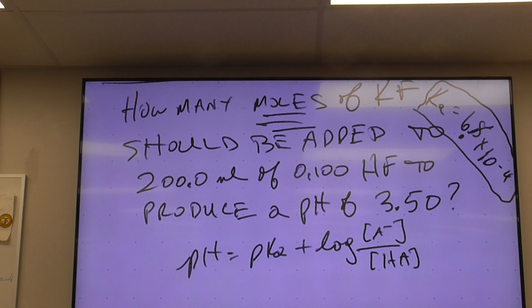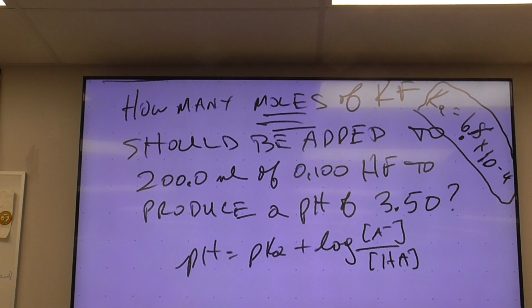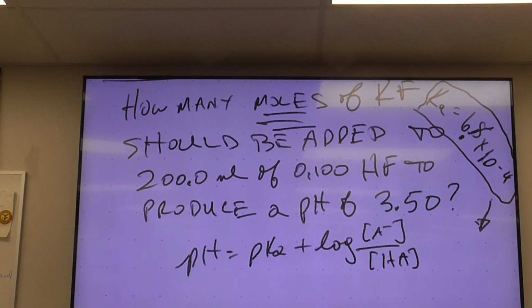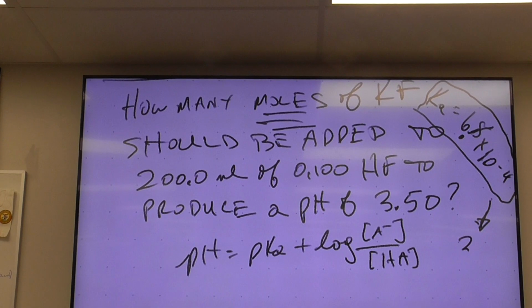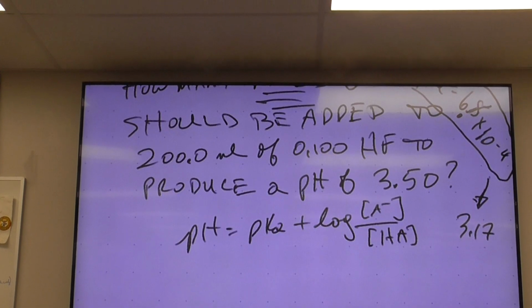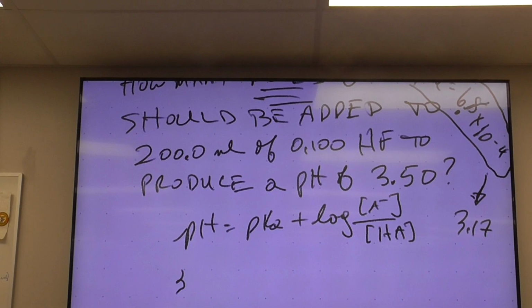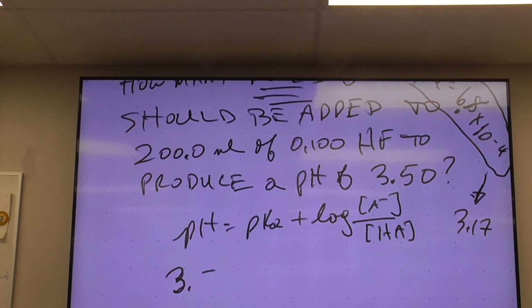So, somebody take the negative log of 6.8 times 10 to the negative 4. 3.17. Okay. Now, before you do anything else, do not touch a calculator,